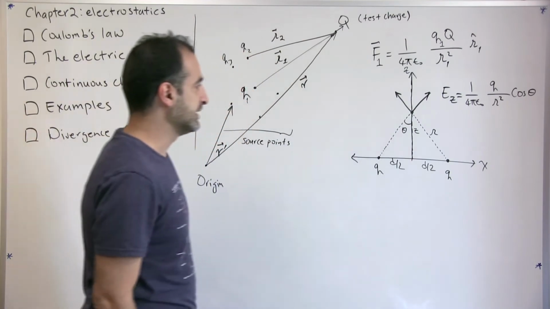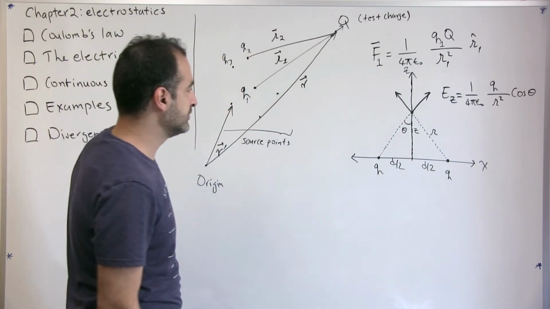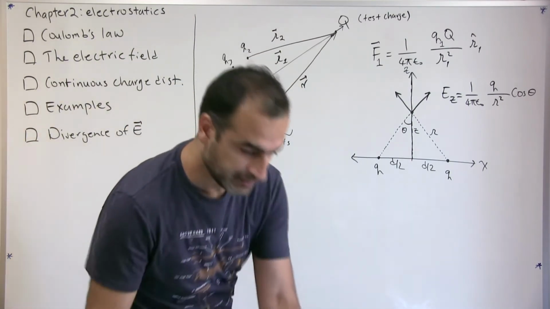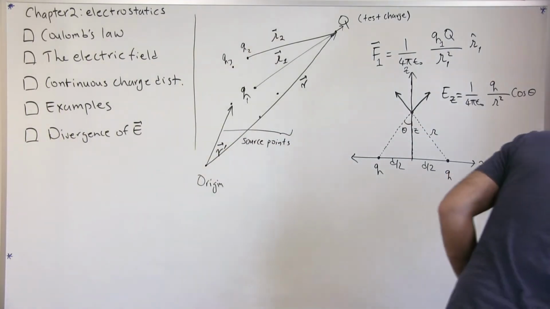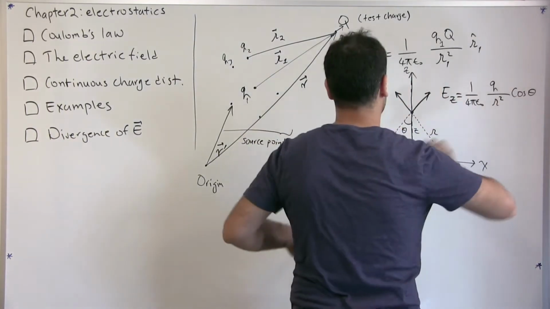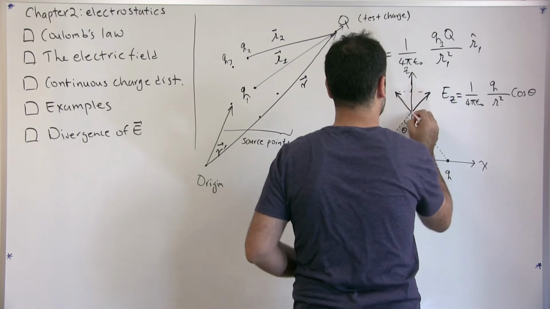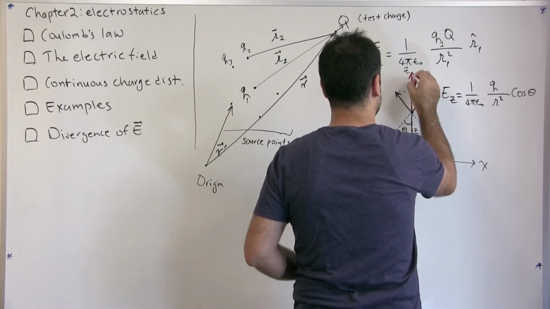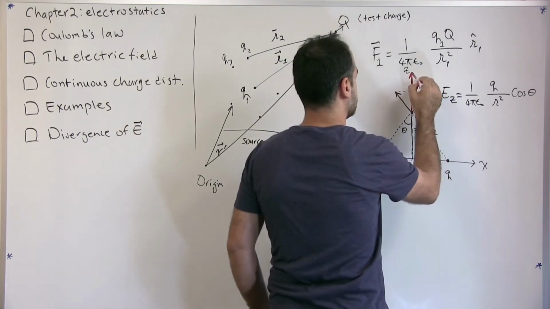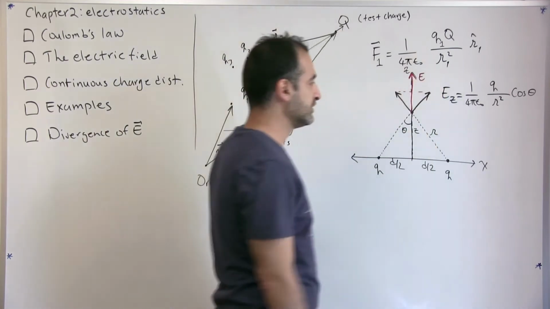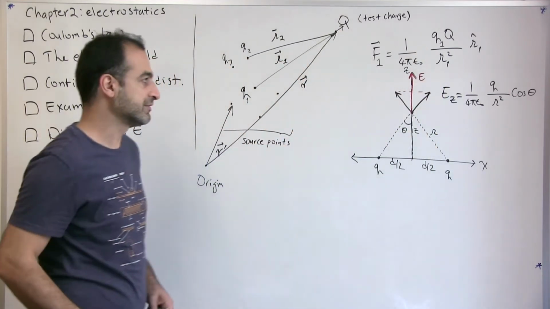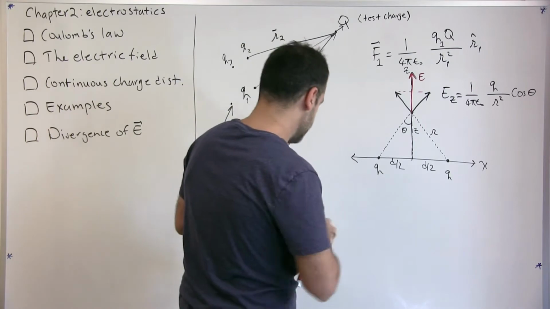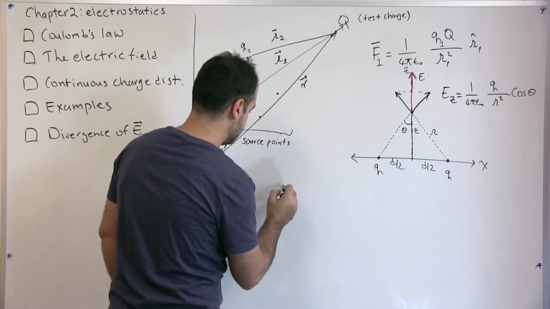Okay. And at the end, the net electric field is going to be twice the z component of each of them. So if I use a different color, the net electric field is going to be twice the z component of each of them. Okay. So E, I'm continuing here,